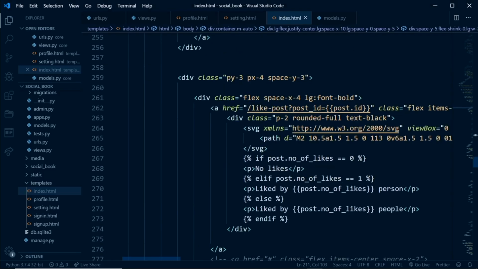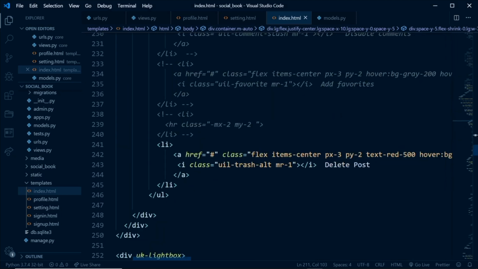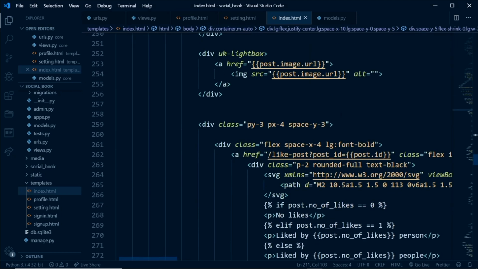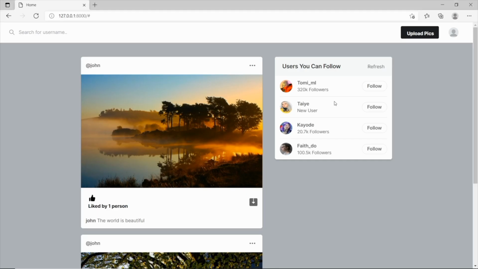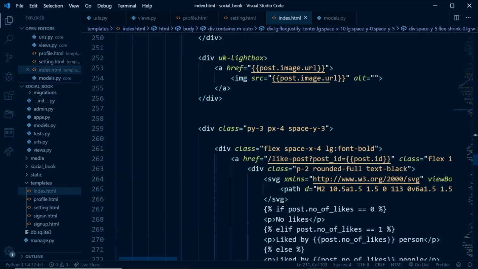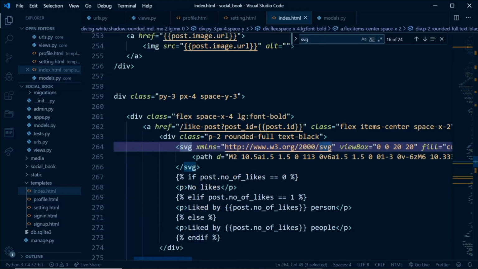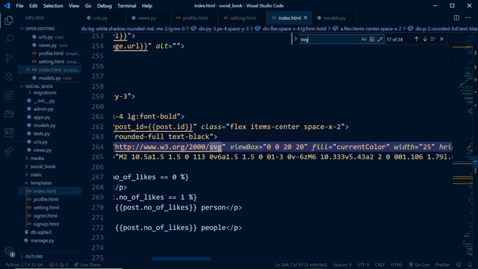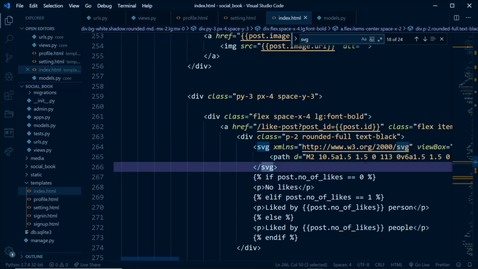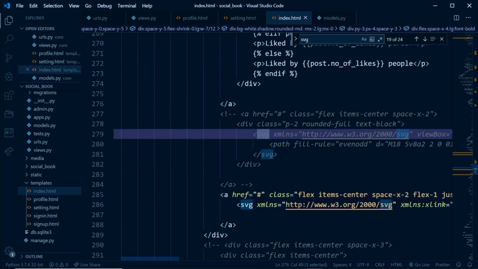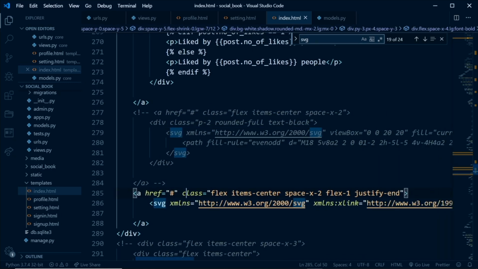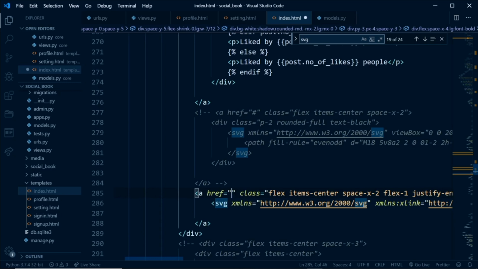So what we're just going to do now is search for where we have the SVG image. This is for the like, and right here is for the download. So what we just want to do is to have this go to this post.image.url,